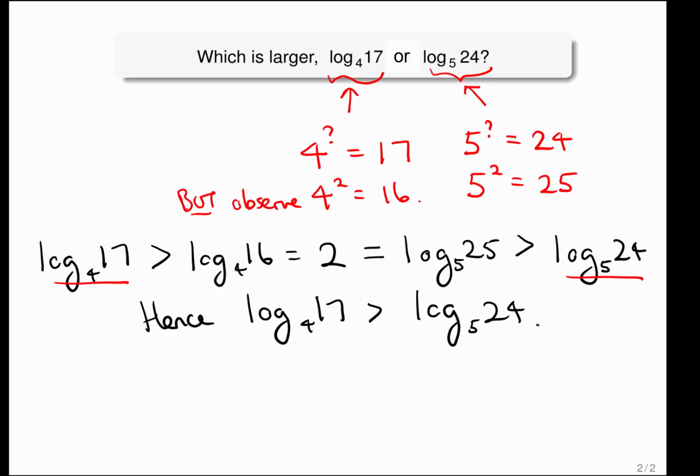Okay, so we know that one of the logs is a little bit bigger than 2, and the other is a little bit smaller than 2. If you did want to work out precisely what the numbers were, you wouldn't be able to do it directly from your calculator, since your calculator only has buttons for logs to the base 10 and base e. Here, you're looking at logs to the base 4 and 5, which doesn't directly have associated keys on the calculator. Well, thankfully there is a formula